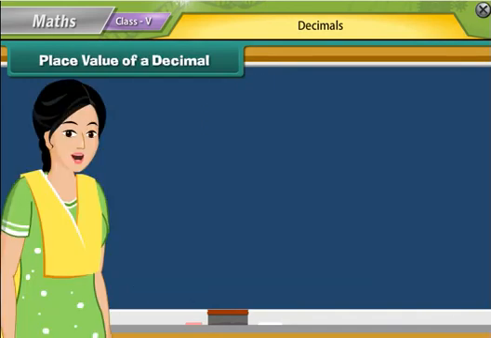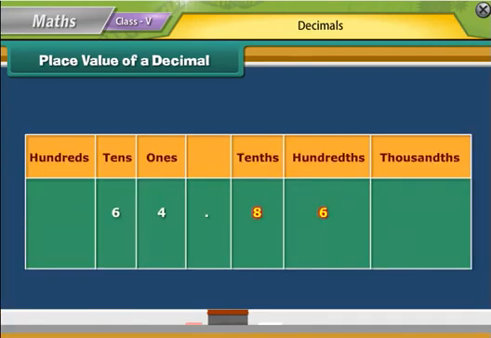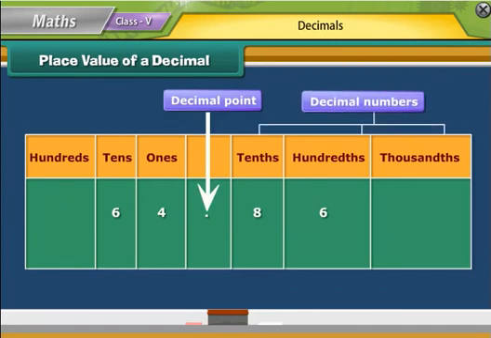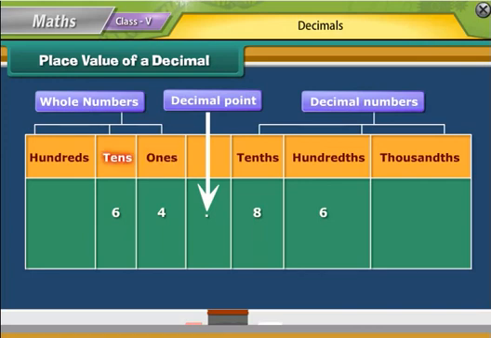Well, writing the decimals is pretty easy. Numbers to the right of the decimal point are decimals. The place values are tenths, hundredths, thousandths, and so on. Whereas numbers to the left of the decimal point are whole numbers. The place values are ones, tens, hundreds, and so on. Therefore, we read this number as 64